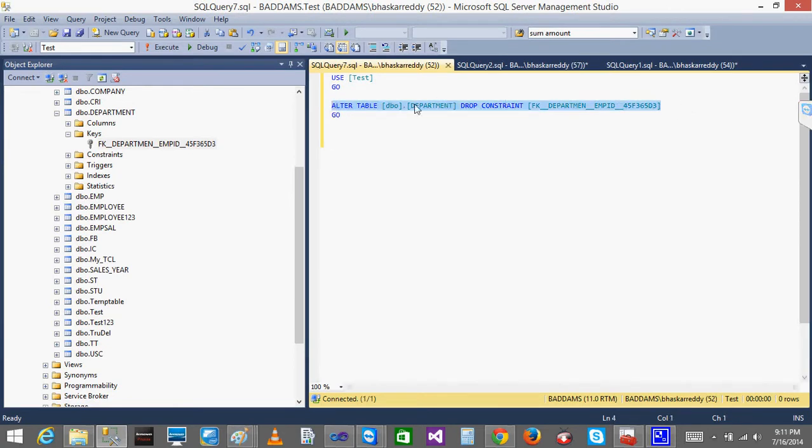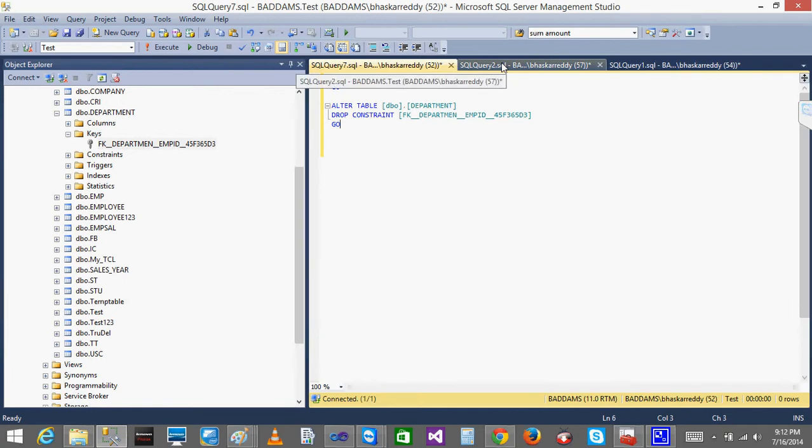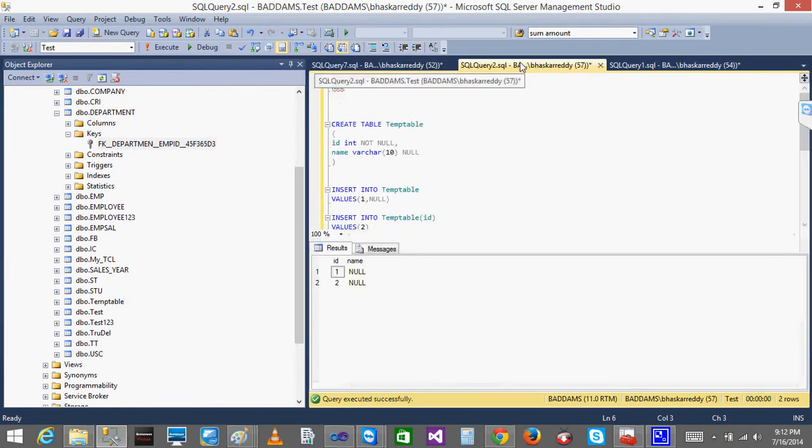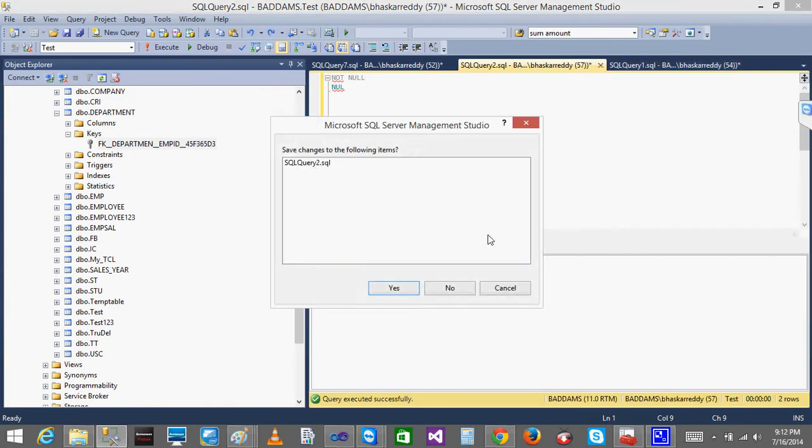The syntax is alter table, table name, drop constraint, constraint name. I want to modify the foreign key constraint in the department table.